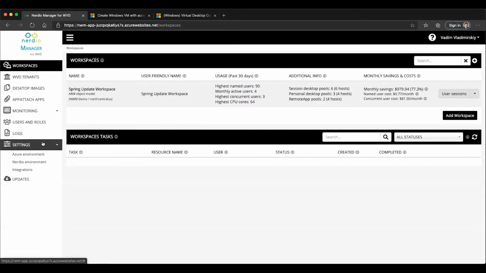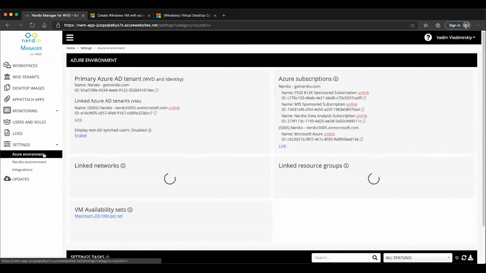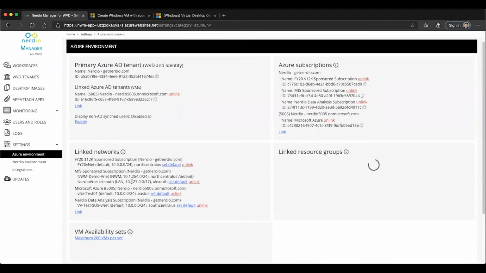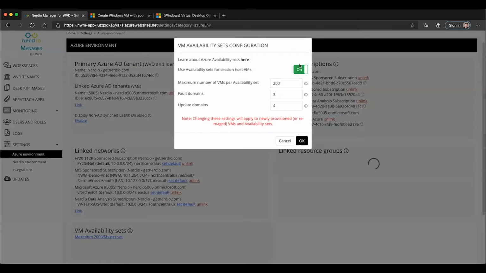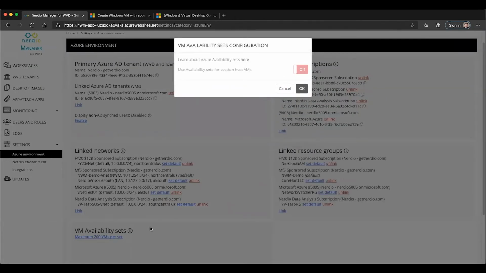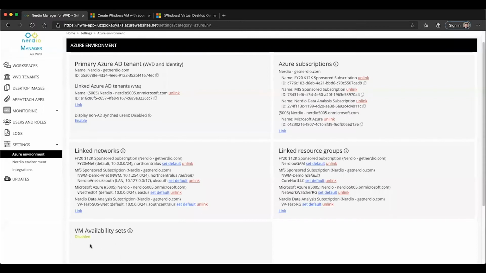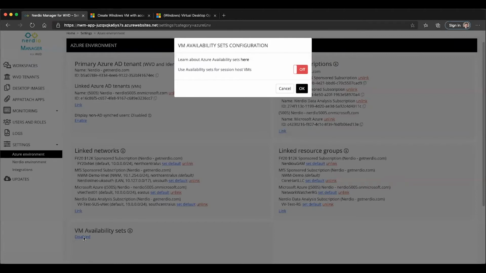We're going to go under Settings and click on Azure Environment. We'll notice a new tile at the bottom called Availability Sets. By default, it's going to be turned off and it will look like this, where basically it will be disabled. However, if you do want to use availability sets, you can click on Disabled, you can turn it on, and